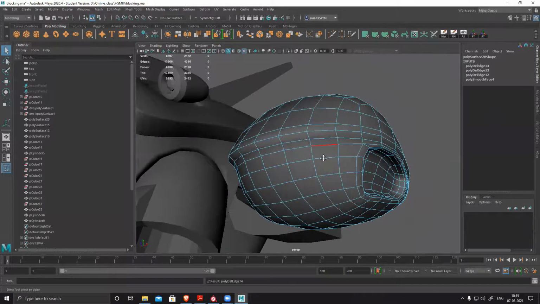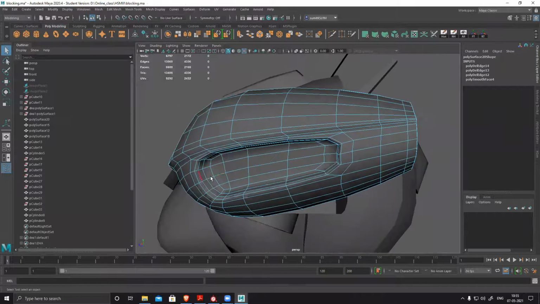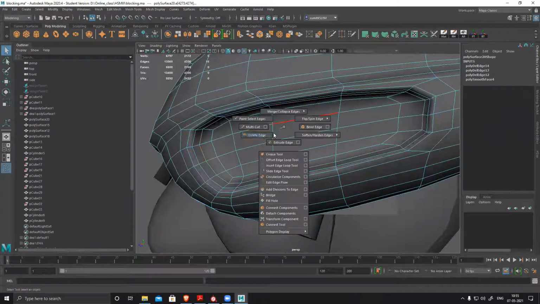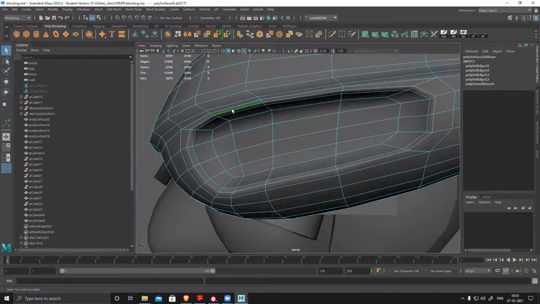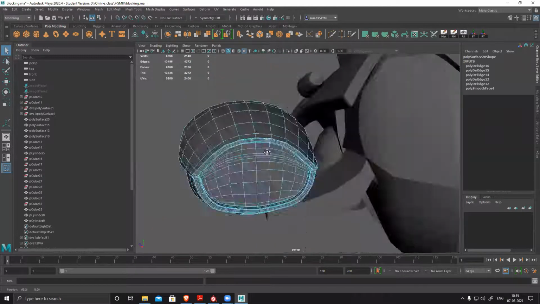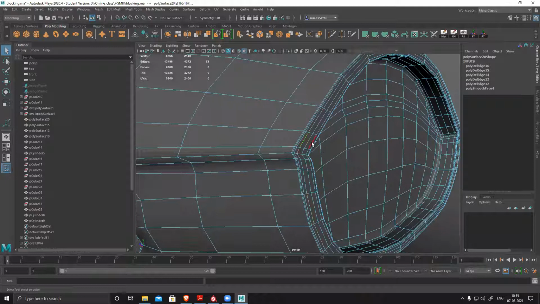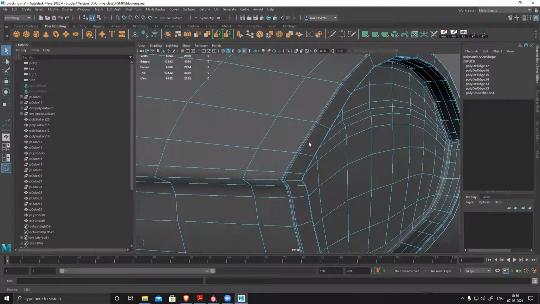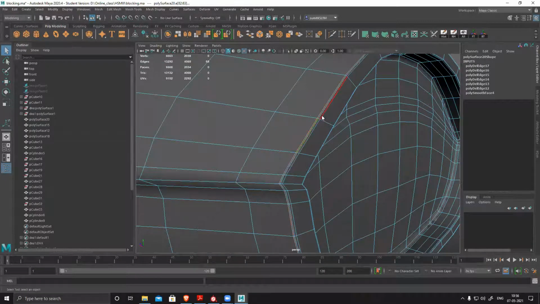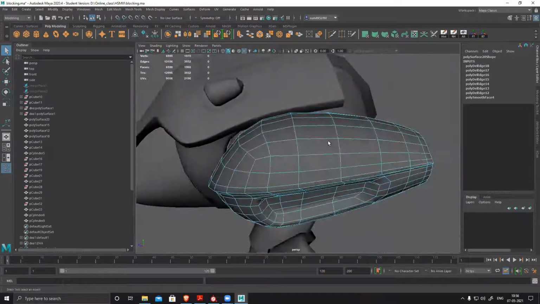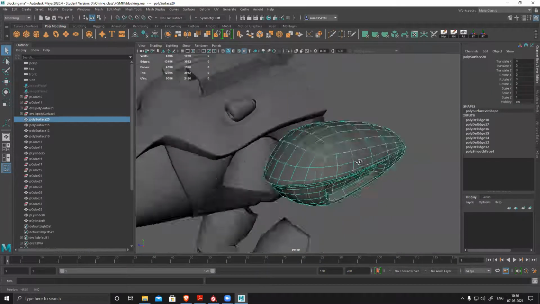This you can remove also. Similarly from here, all those in-between loops are unwanted, delete them. Corners, delete them. There are too many unwanted loops. Clean it. So now this is your final low poly.